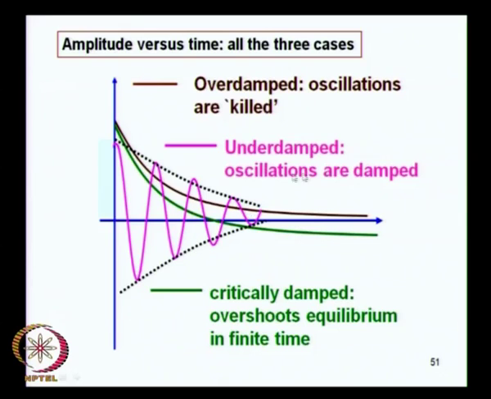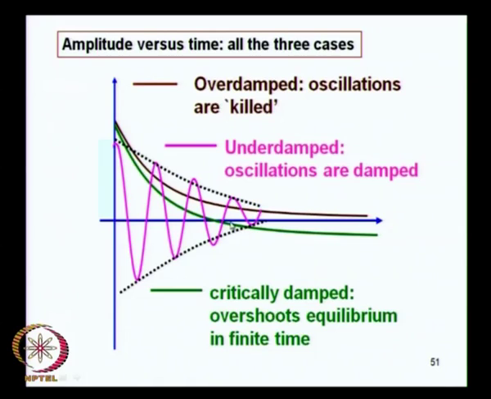You have the underdamped oscillator, which does go through oscillations in which the amplitude is not periodic, but the zeros are periodic. You know what is meant by zeros of a function. Zeros of the function are the points of the independent argument at which the value of the function goes to 0. So, the zeros of the function are periodic,